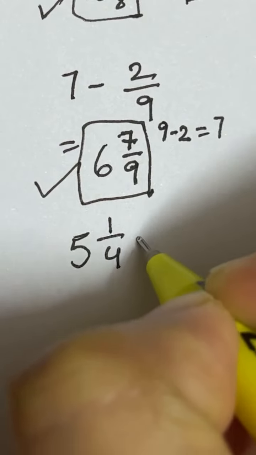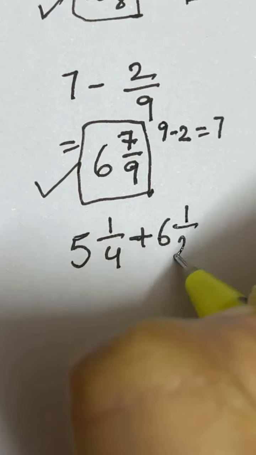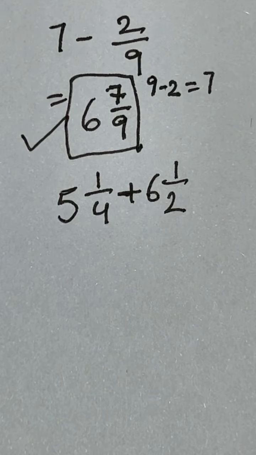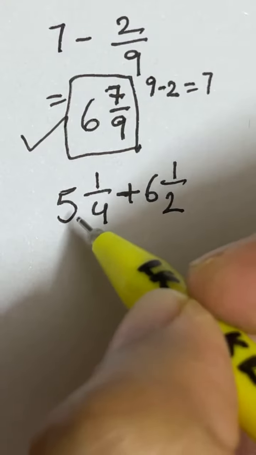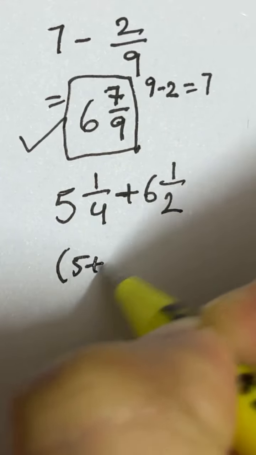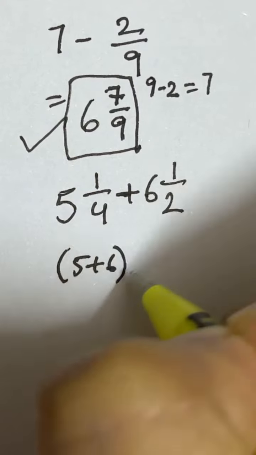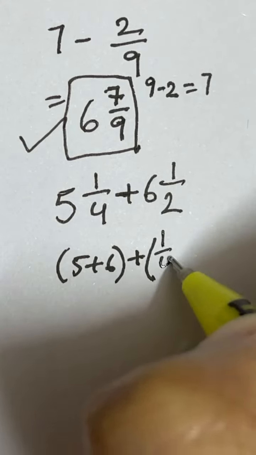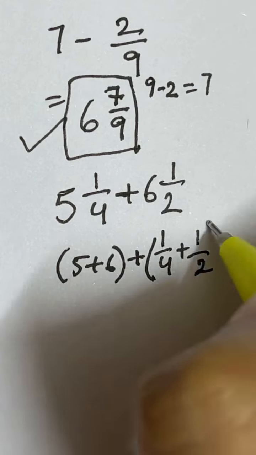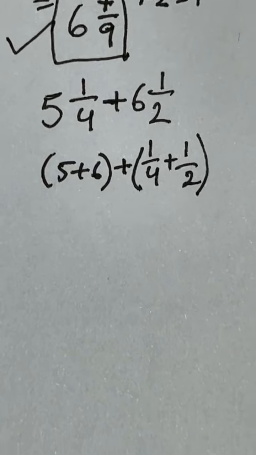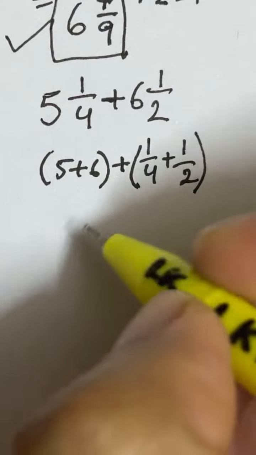5 1/4 plus 6 1/2. So when you have 5 1/4 plus 6 1/2, you take the whole number parts separately and then add them together. That's 5 plus 6, and then you have a plus sign in between, and then you add the fractions separately, 1/4 plus 1/2. All right, now what do we do? 5 plus 6 is how much? 5 plus 6 is 11,